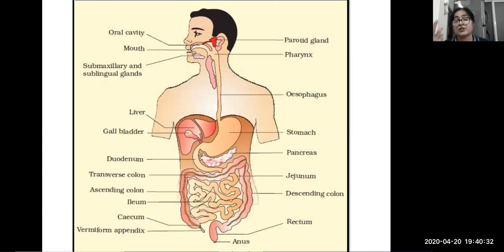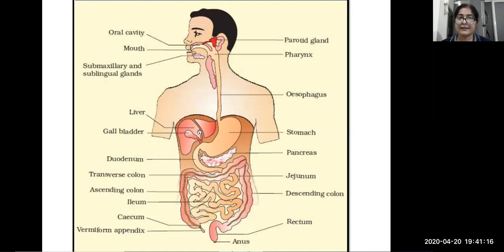The term gastric is always related to the stomach. Gastrologist is the specialized doctor for this. The term hepatic is always related to the liver. Hepatologist is the specialized doctor, and hepatitis is one of the diseases related to the liver. The term renal, renologist, nephrologist, these are all doctors related to the kidneys, related to the nephrons which are present in the kidney. So learn biology by linking the meanings, then it is easier for you to understand.